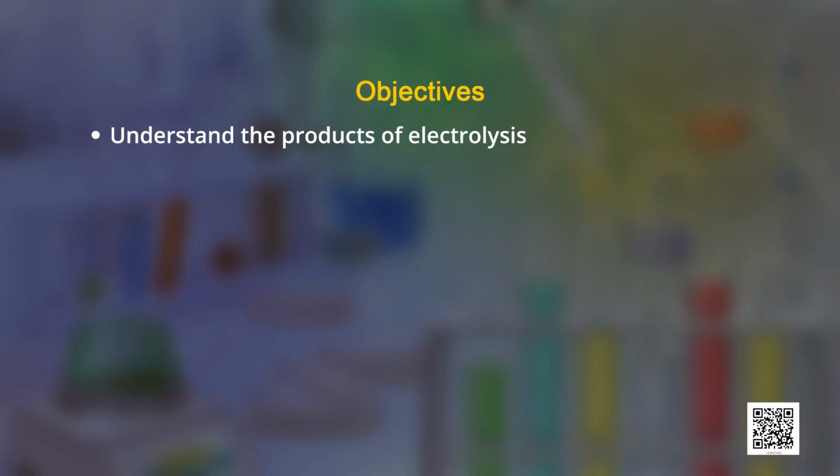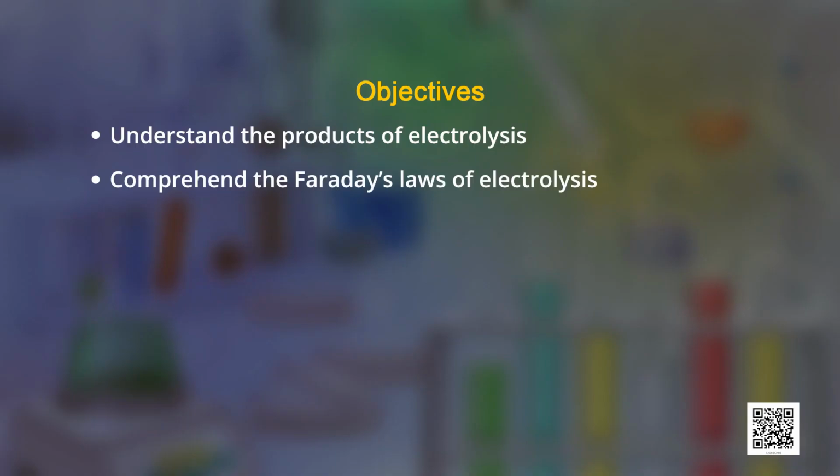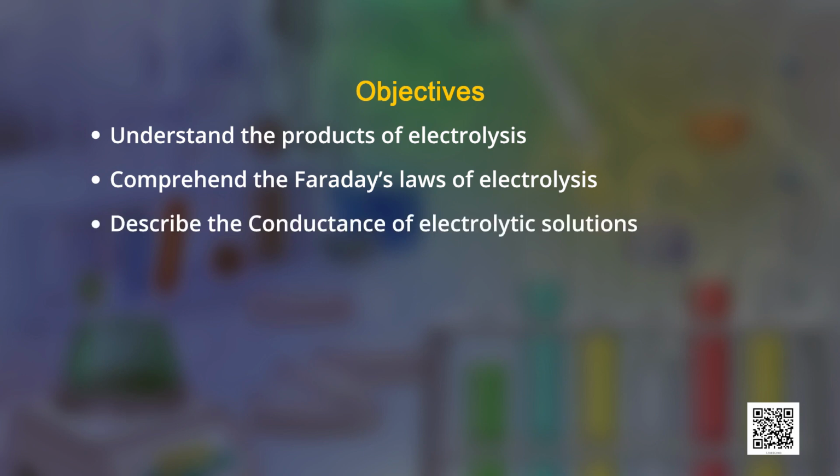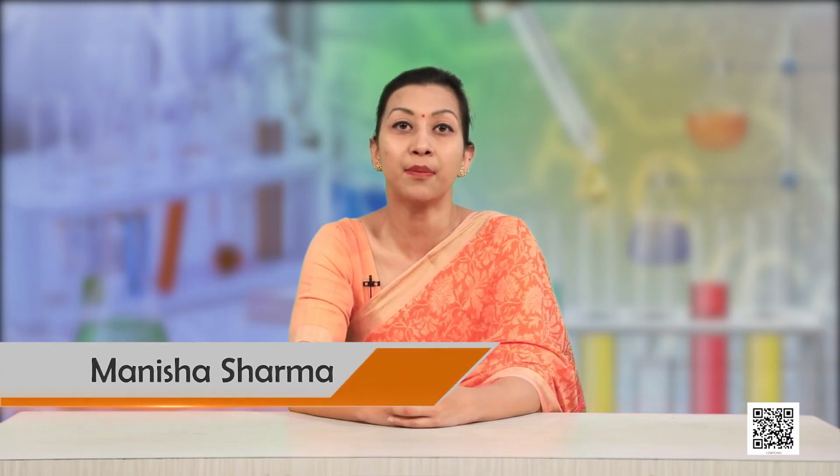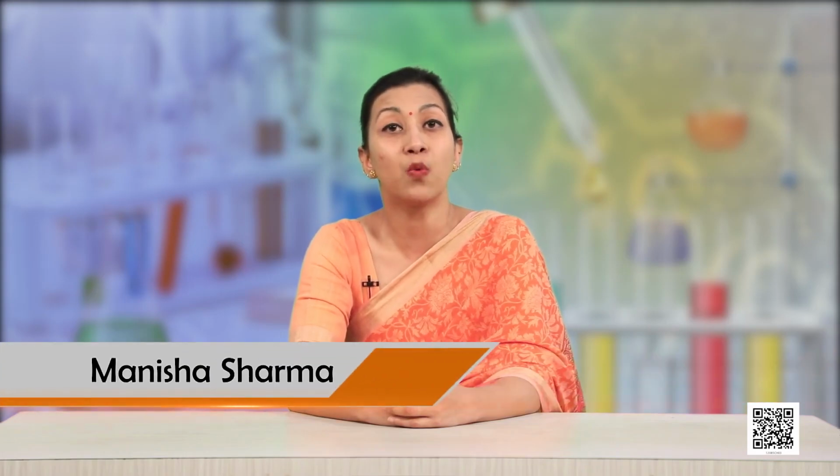After today's discussion, you will be able to understand the products of electrolysis, comprehend Faraday's law of electrolysis, describe the conductance of electrolytic solutions, explain the measurement of molar conductivity and its variation with dilution, and the Kohlrausch law of independent ions. In our previous discussions, we already discussed the galvanic cell, which is one of the types